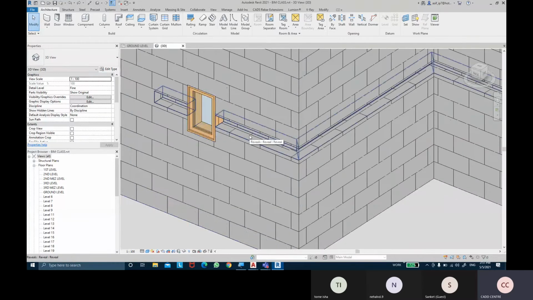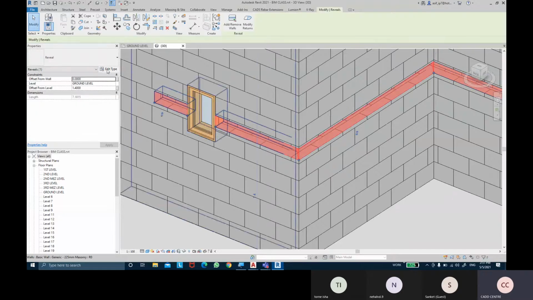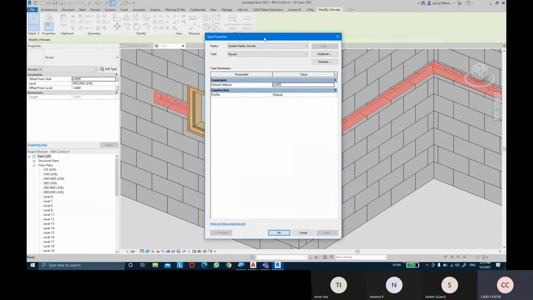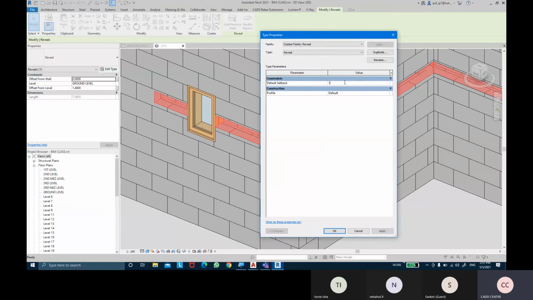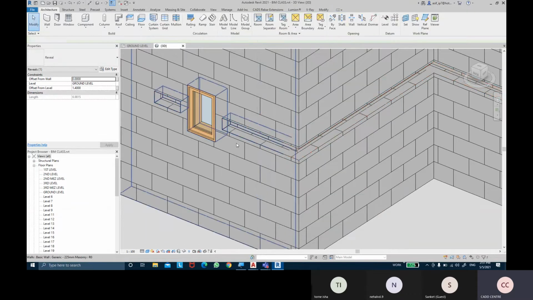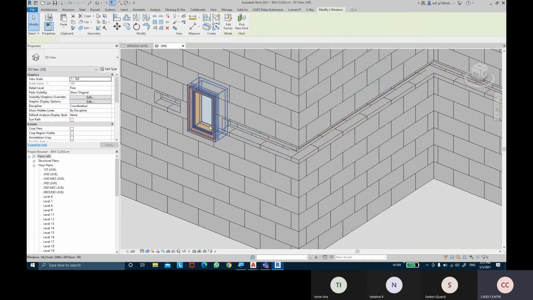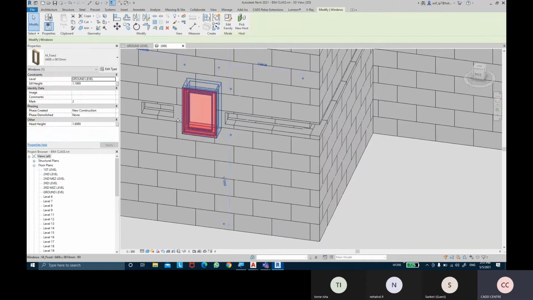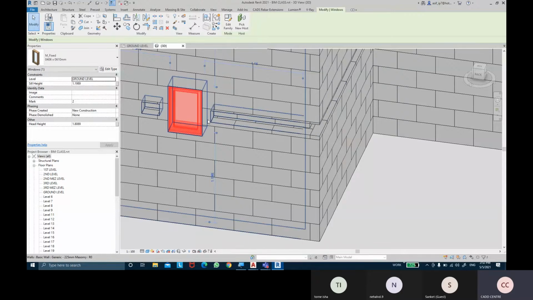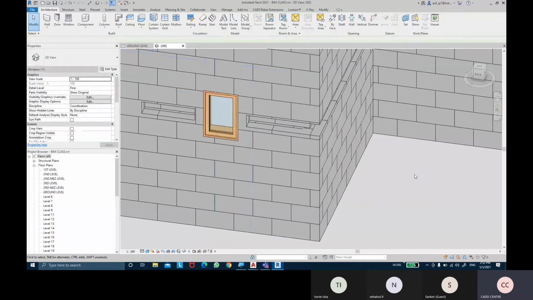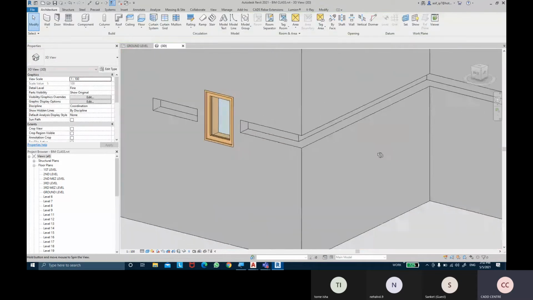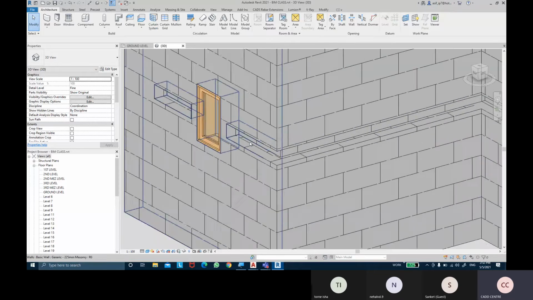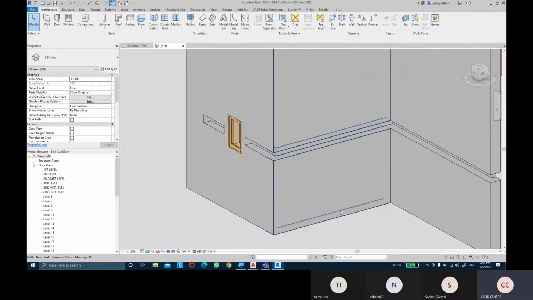Okay, so I'm going to select the reveal, and when I come into the edit type, there is an option called setback, and if I give a value over here, a setback value of say 100 mm, and apply, it's going to precisely move the reveal 100 mm back from wherever the door and the window have been inserted. So now if I move this window a little to the left, you can see it still preserves that 100 mm gap from both ends. Okay, so now my window frames are not revealed. The reveal stops 100 mm prior to wherever the window is.